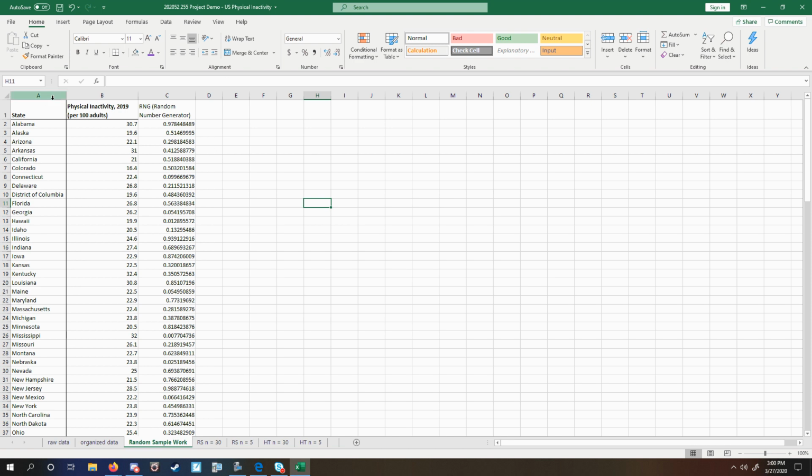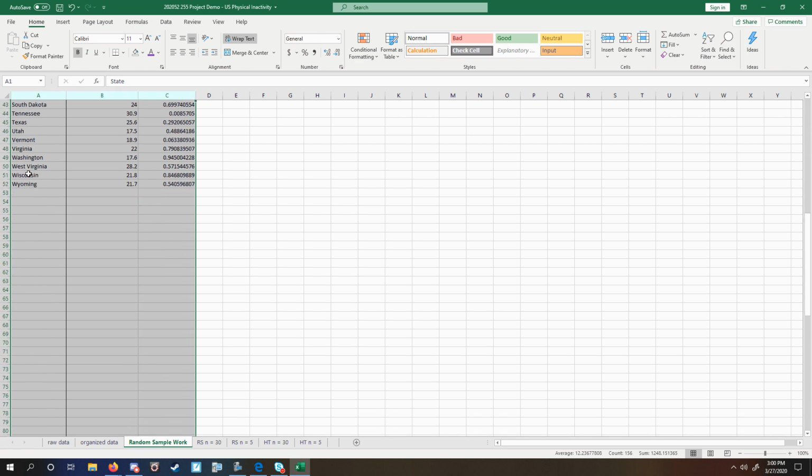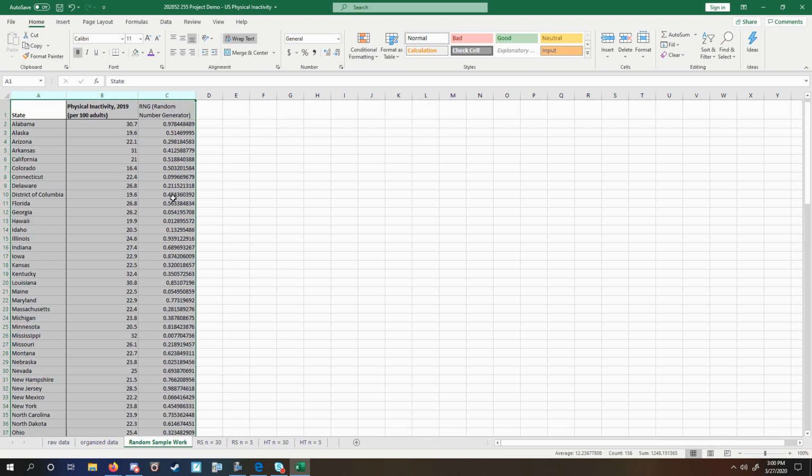What you're going to do to actually go about taking the random sample is start by copying all 3 columns. So up here at the top, we're going to click and drag, and you'll notice if you highlight from the actual column name, it's going to take everything in the list. So this way you don't have to click and drag all the way to the bottom corner of it. It covers everything. You're going to then copy the data and paste it, but you have to use something very